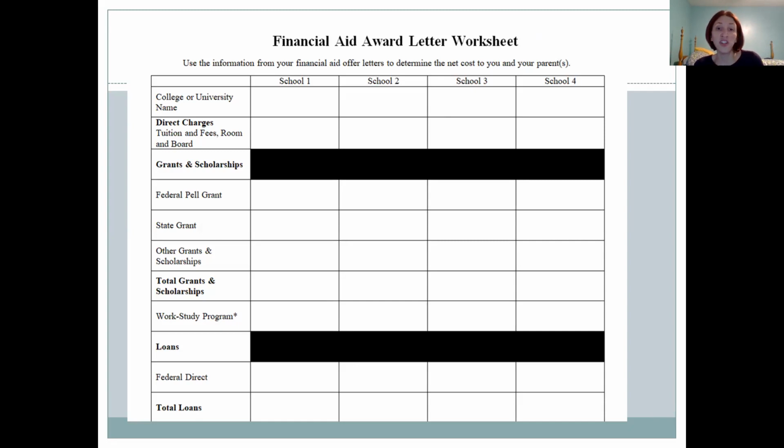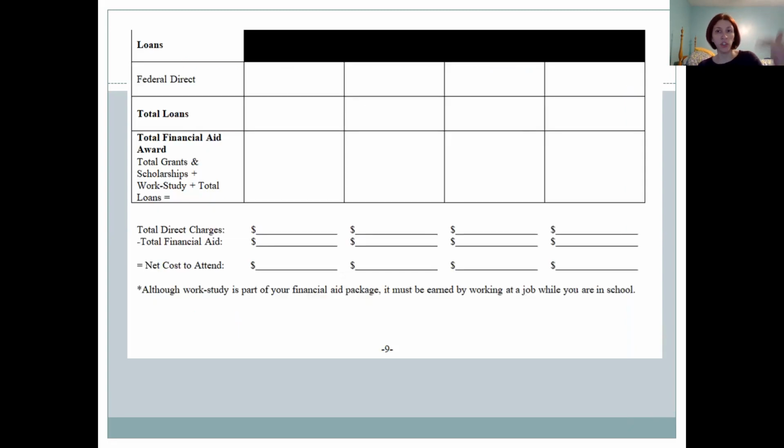What exactly the charges are at each school. Are you staying on campus? Are you commuting at that school? What is the aid that they offered you? What are the loans? And then it also continues on the second page, so do all that math, break it down, because really each school is different, and you really want to see what the exact, or close to the exact cost is that it's going to be,